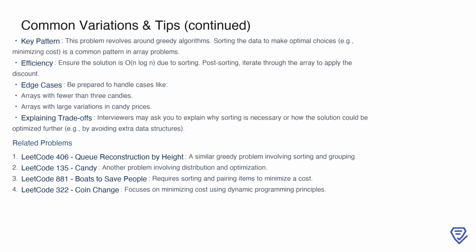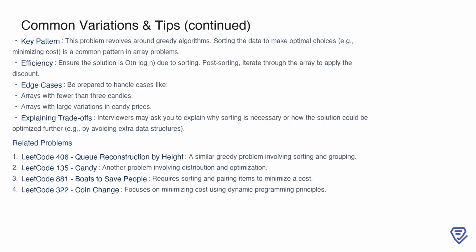Now, let's focus on some insights and related concepts. This problem highlights a key pattern often seen in greedy algorithms: sorting the data to make optimal decisions. Sorting ensures you can systematically minimize the cost, and this is a common strategy in array-based problems. Efficiency is another important factor. The optimal solution requires n log n time due to sorting, followed by a linear pass through the array to